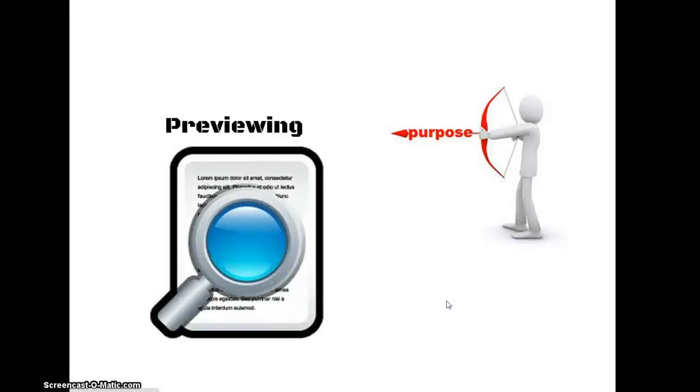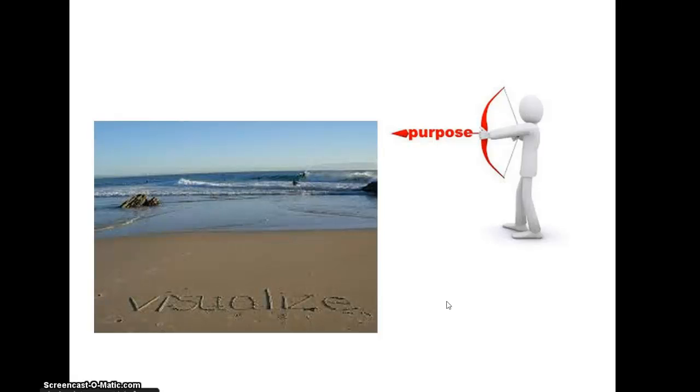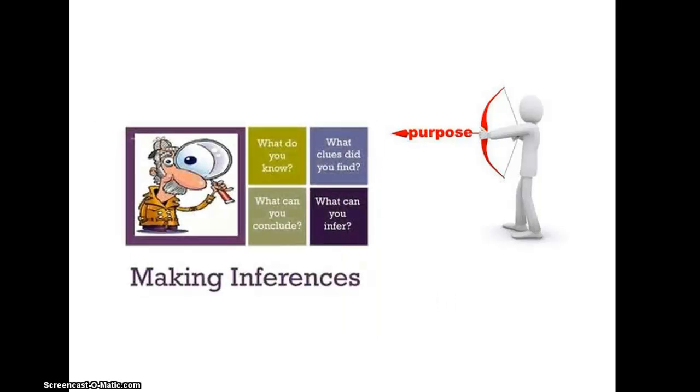We have previewed our text for overall noticings, and we have visualized to create mental pictures as we read. And with our last reading today, we're going to pull everything together and practice the skill of inferring. When readers infer, they connect what they already know, or their background knowledge, to information presented in the text to